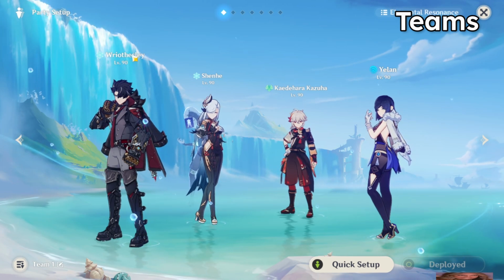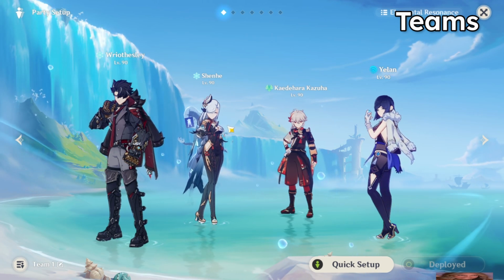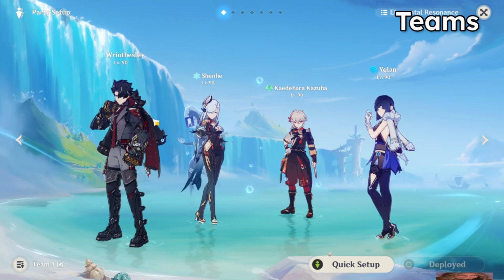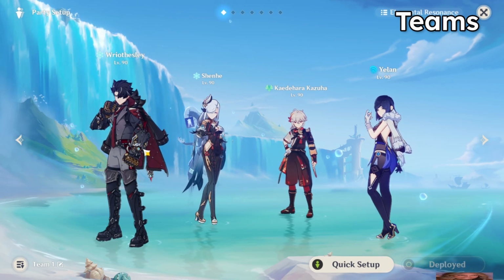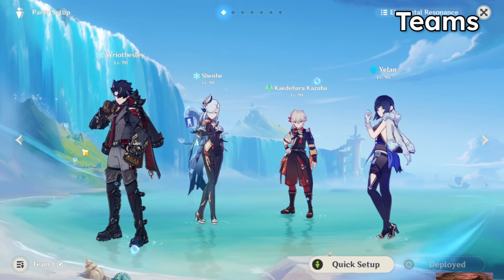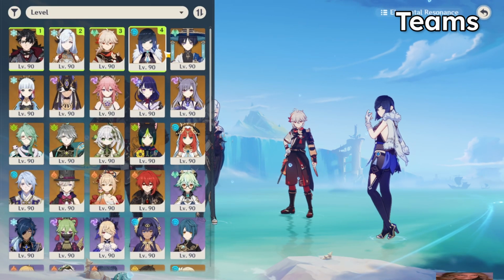One of the main ones that I use is Wriothesley, Shenhe, Kazuha, and Yelan. I just really like this team, and although it is healerless and I do have him at C0, I do not find myself in many situations where I'm really struggling to make sure that he's not dying. So overall, I like this team,